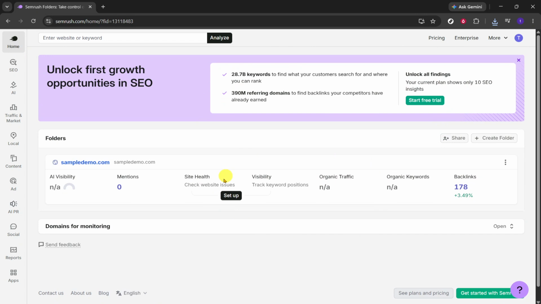To begin, open Semrush in your browser and make sure you are on the main home area of the platform. This is the starting point where you can access the tools needed to review your website's performance and technical health. A website audit is useful because it helps identify issues that may affect search visibility, site performance, and overall user